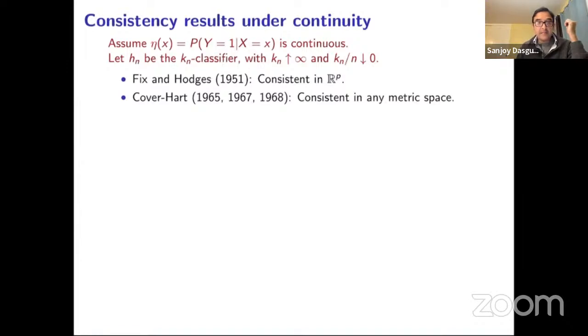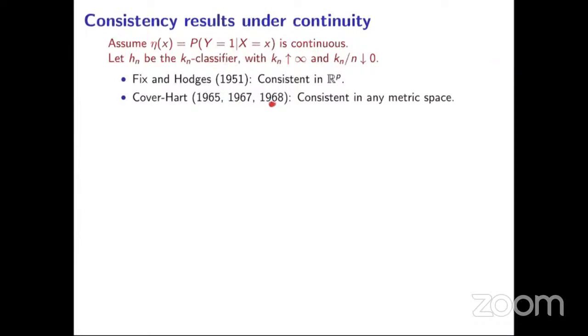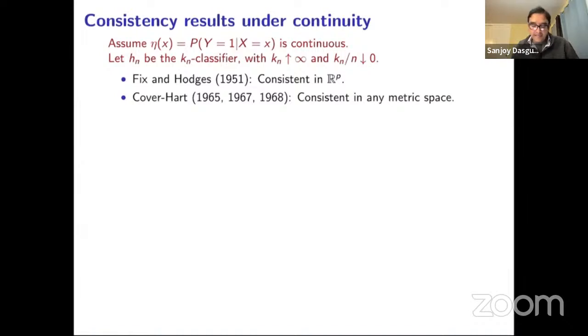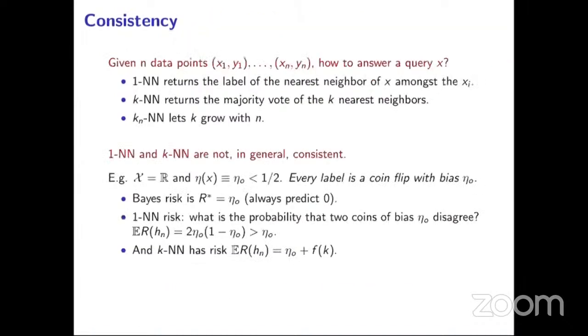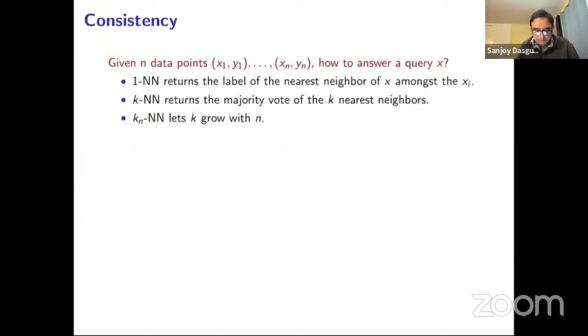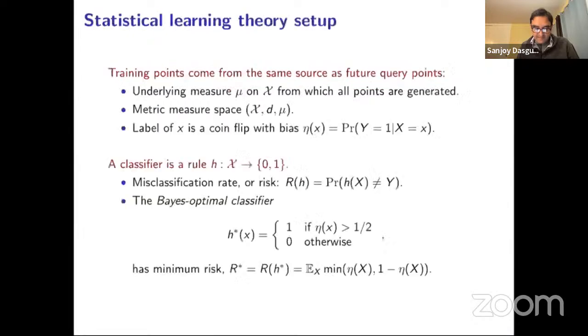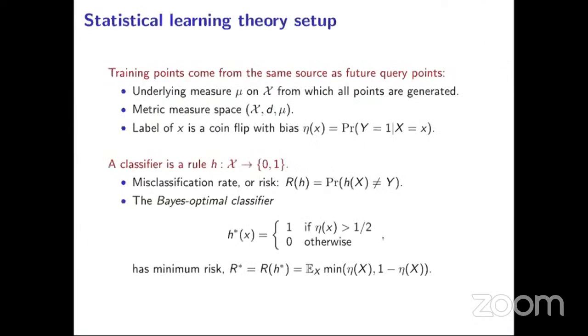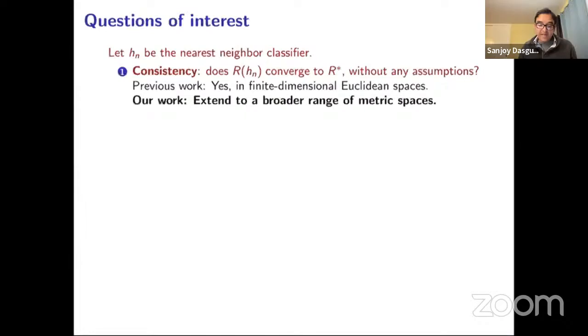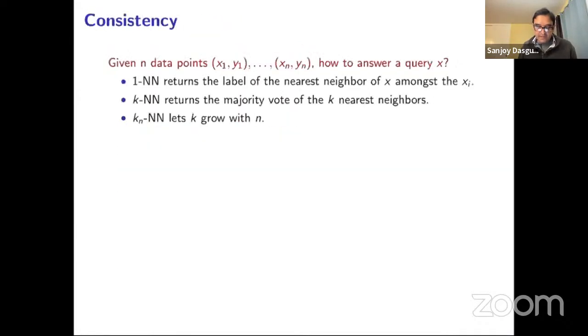I'll talk about one of the first results about consistency of nearest neighbors, the one by Cover and Hart. Sorry, Sanjoy, what was the definition of consistency? I just got a bit lost on that. Right, yeah. The definition of consistency is that as the number of training points grows, the nearest neighbor method converges to Bayes optimality. Oh yeah, I got it. Right, and that's the best you could hope for, but